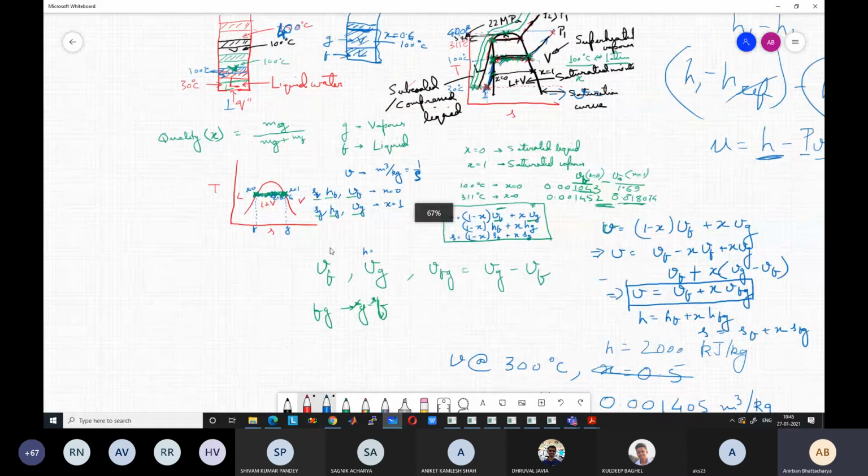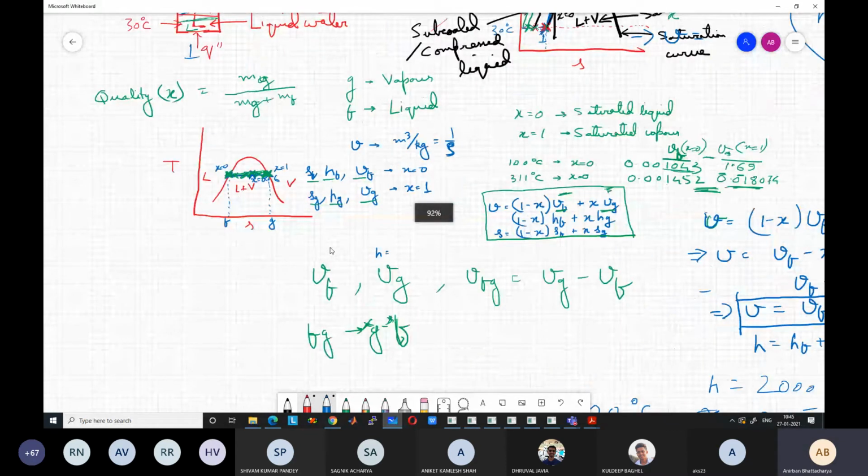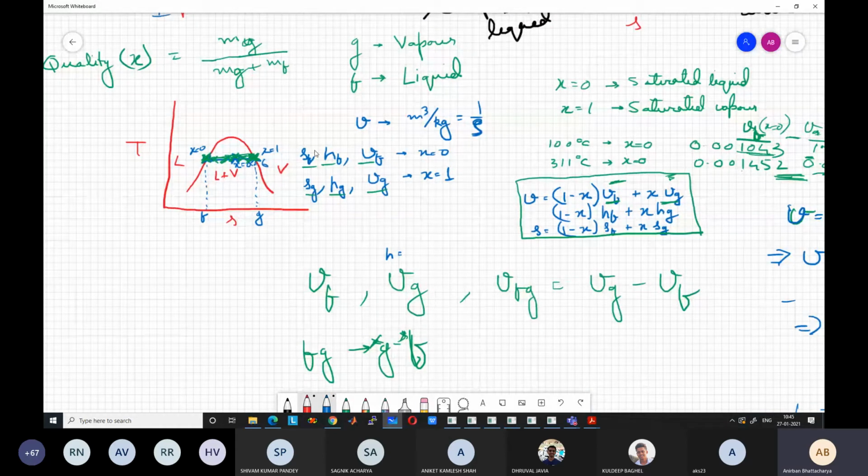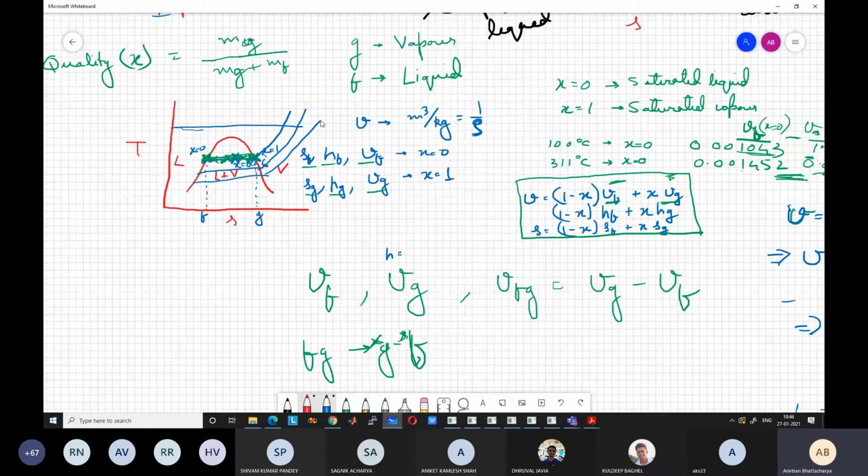So the curve goes like this, right? If I give you the temperature, at the same temperature there can be different pressures. So there can be another constant pressure line like this, another constant pressure line like this. There is no definition of quality here. If I give you the temperature and pressure both, then you locate this point. If the pressure is different at the same temperature, the point is different. If the pressure is even lower, then the point is different. So you need to know both temperature and pressure outside this region to find the state.